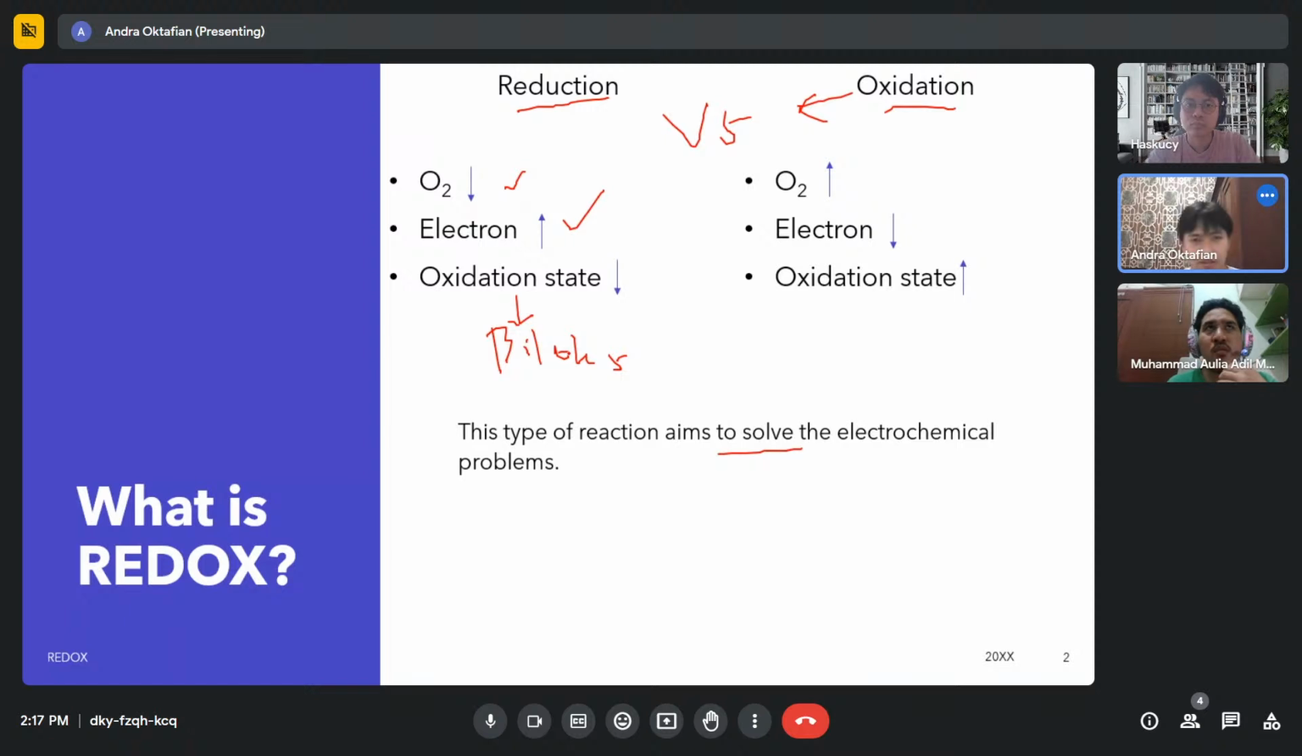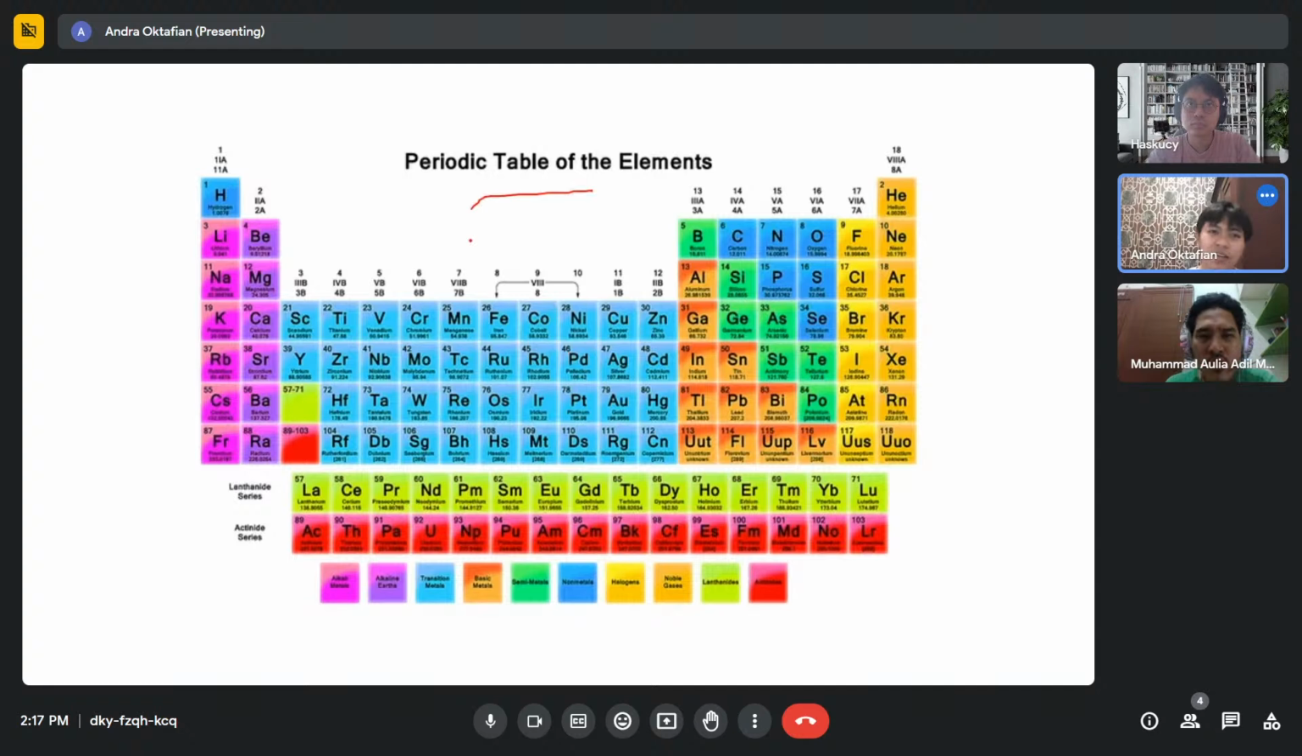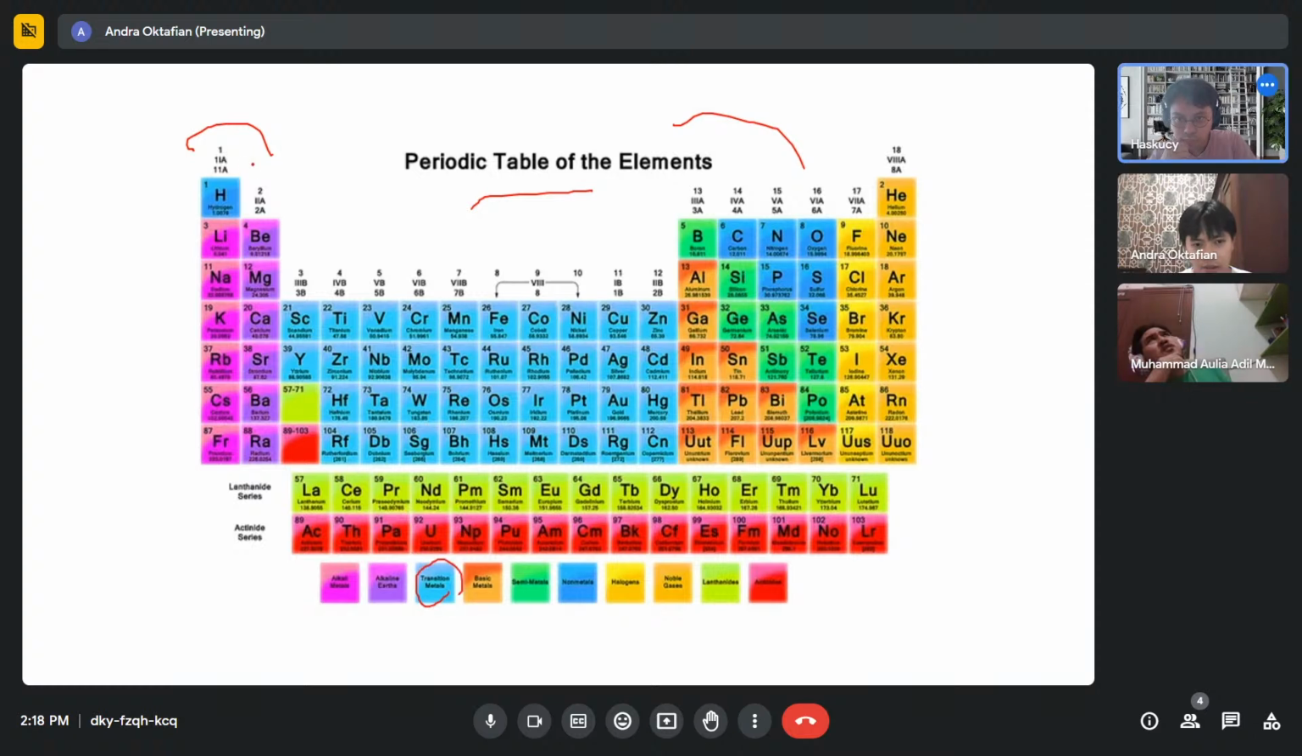See the periodic table here, and usually when we were in high school, we already learned about the chemical substance. Here you see there are group A on this side and group B. So what do they mean? They mean that group B is kind of the transition metals. On the other hand, group A is more likely